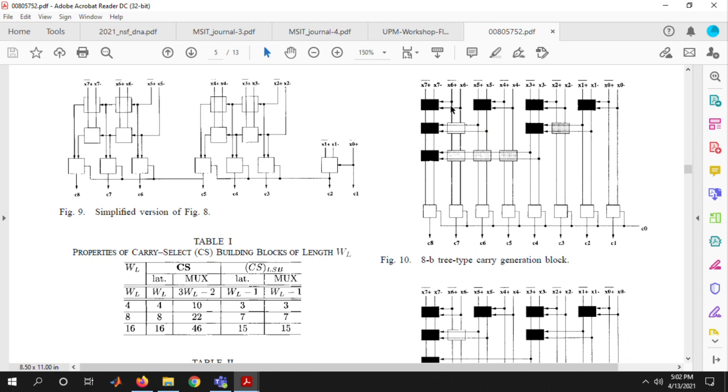So the latency to compute C7, I start here. Okay, so I come here, but this comes from here, this comes from here. So 1, okay, this is really 1, that result is fed here 2, and that result is fed here 3. But let's see if this is really 3. It's not 3. Why is it not 3? Because this has a control signal now from here, which is coming from here, which is coming from here. So if I go back, 1, 2, 3, 4, 5. So up to now the latency has become 5, and plus 1 is 6. So the total latency is now 6.